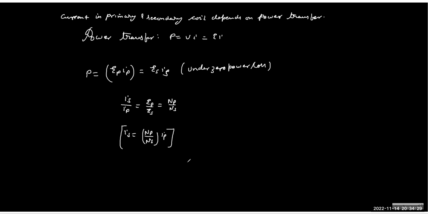So IS is an inverse ratio. If you try to increase more turns in the secondary, definitely you can get high voltage, but any device which you connect to the secondary will receive almost no current, which means it is not at all going to work. So you have to restrict your greediness. No one can be greedy. God has designed it in such a way. You have to conserve the energy, right?